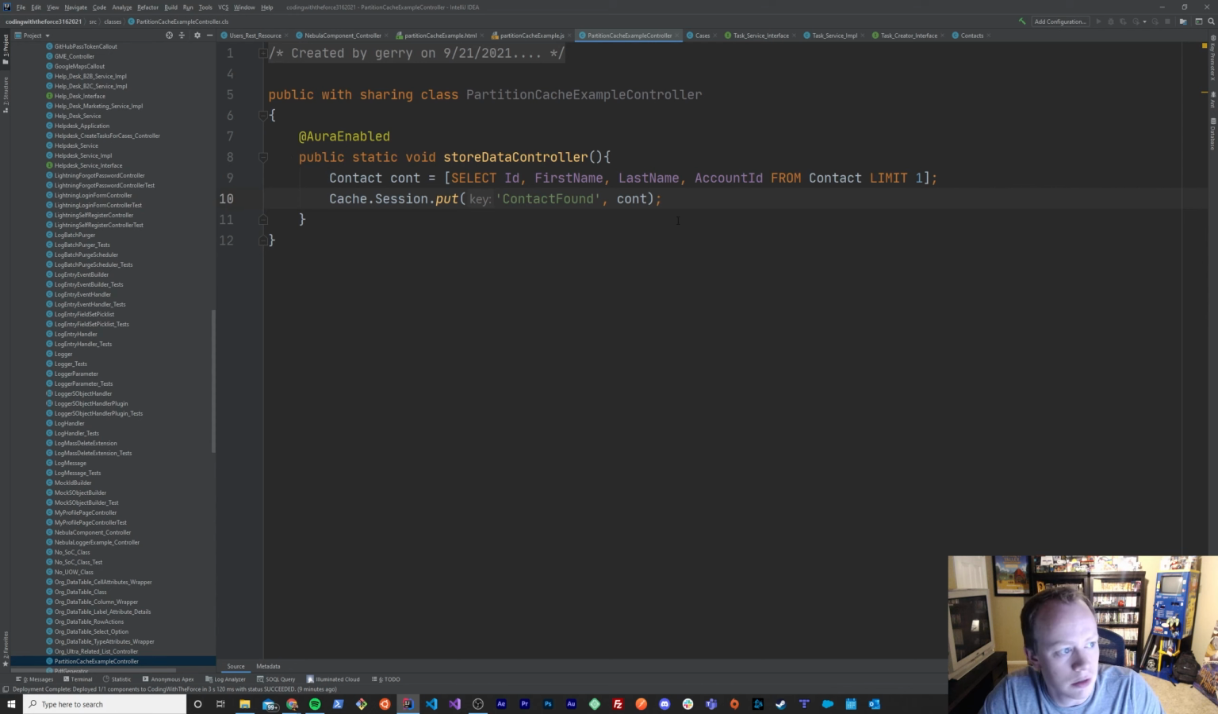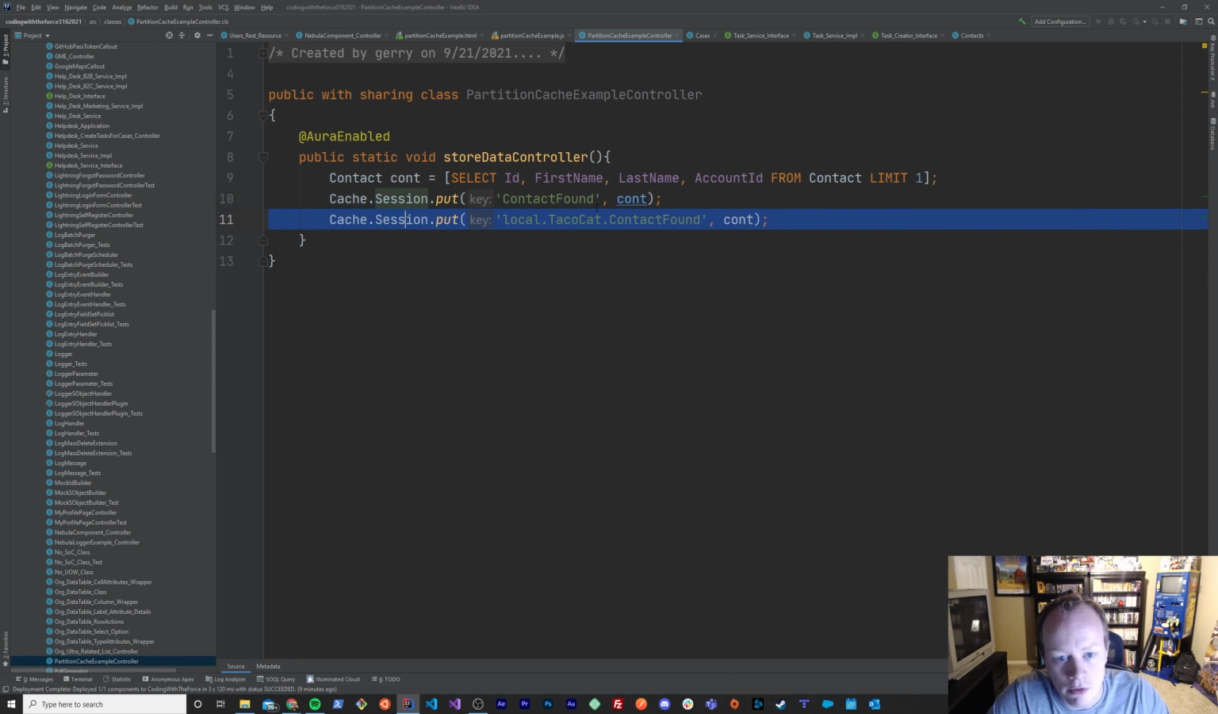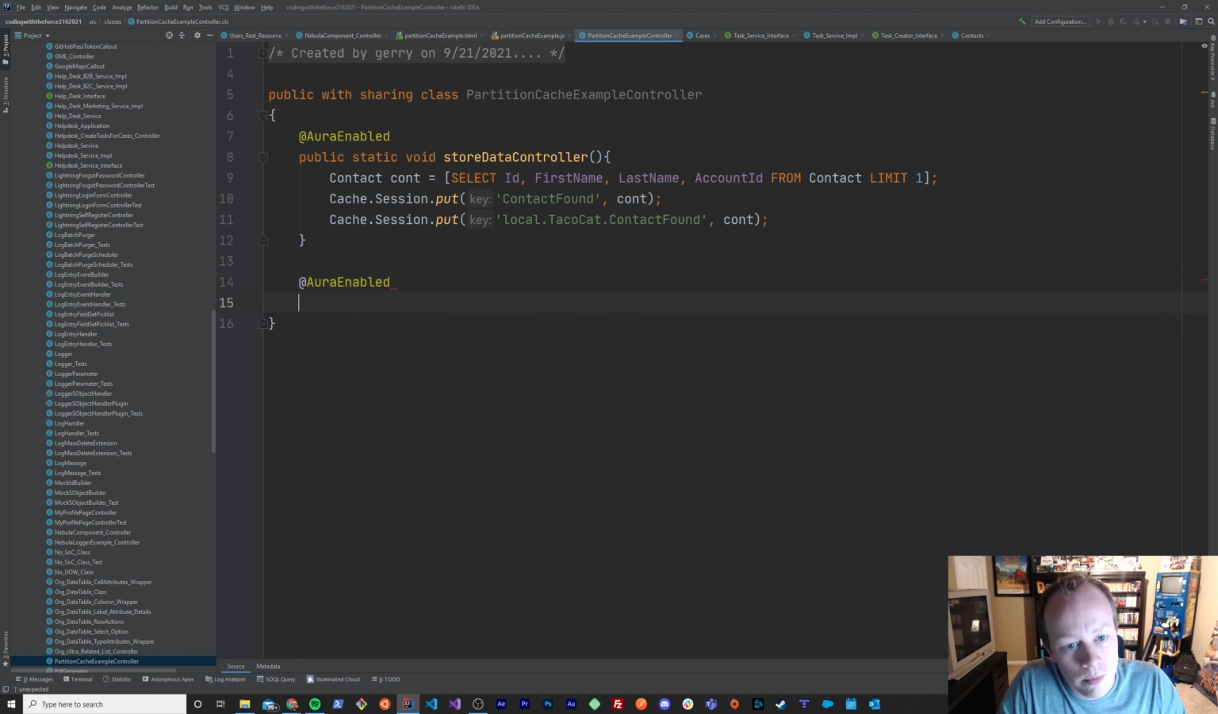Okay, so what are we doing next? That's what we're doing next. We're going to retrieve data from our session, or our platform cache partition, or our session cache. I'm going to leave this guy in here for now, and we're going to create our second method called